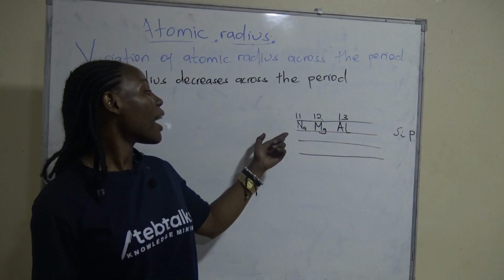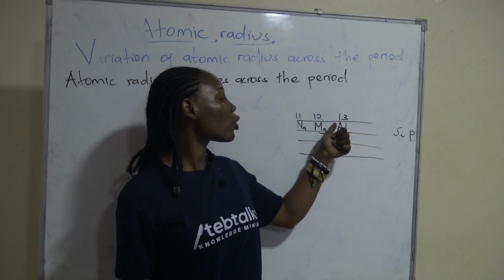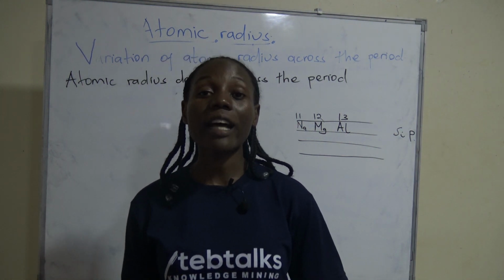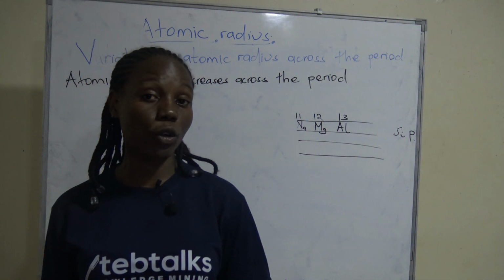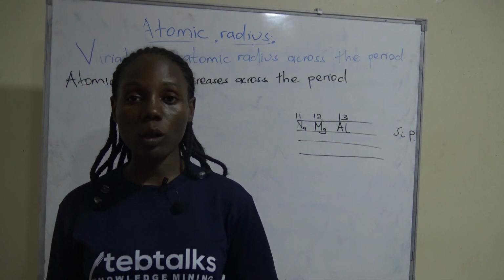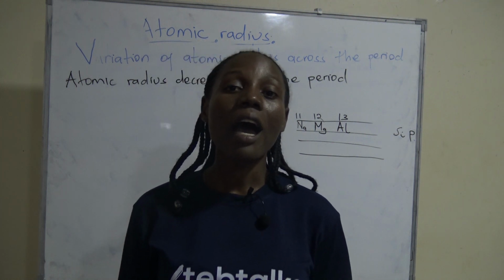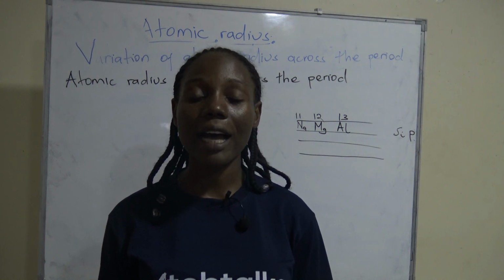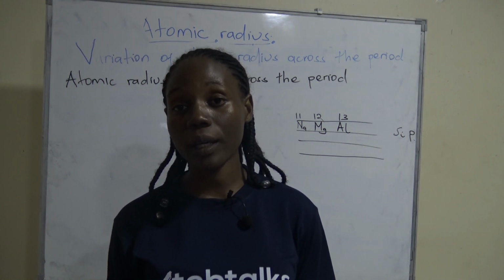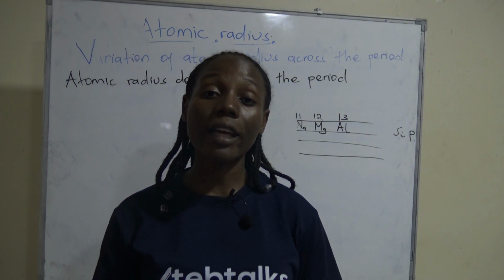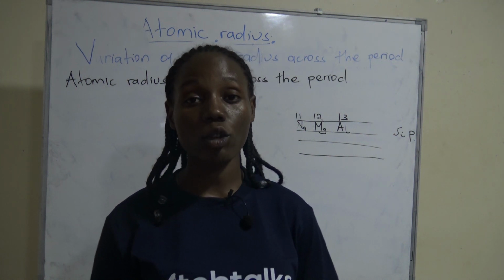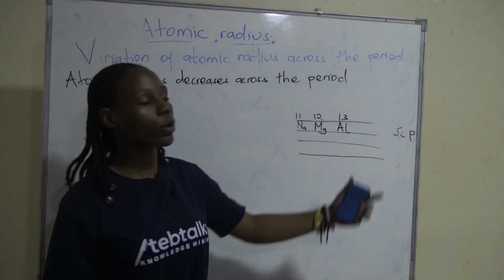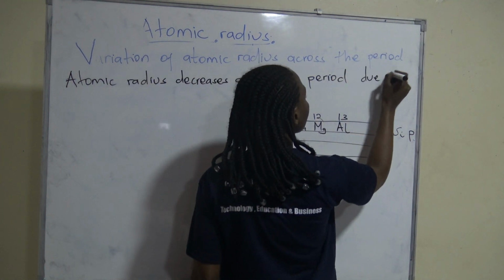So what we mean is, across the period, an electron keeps being added. And once you add an electron, there is automatic addition of a proton. And a proton brings about the increase of the nuclear charge. And from the first effect of nuclear charge, we saw that the greater the nuclear charge, the smaller the atomic radius, and the smaller the nuclear charge, the greater the atomic radius. That is why our atomic radius decreases across the period